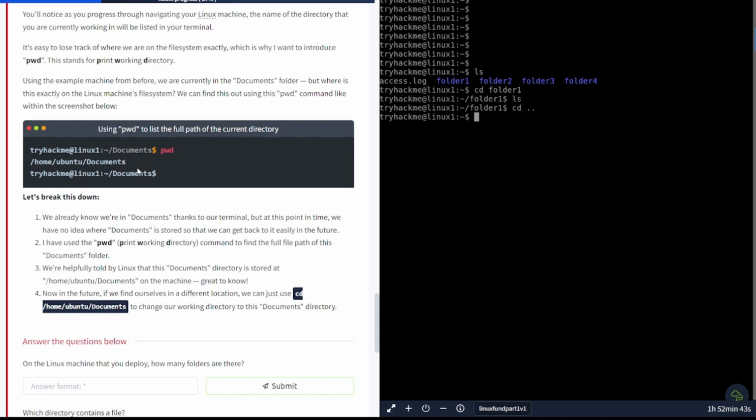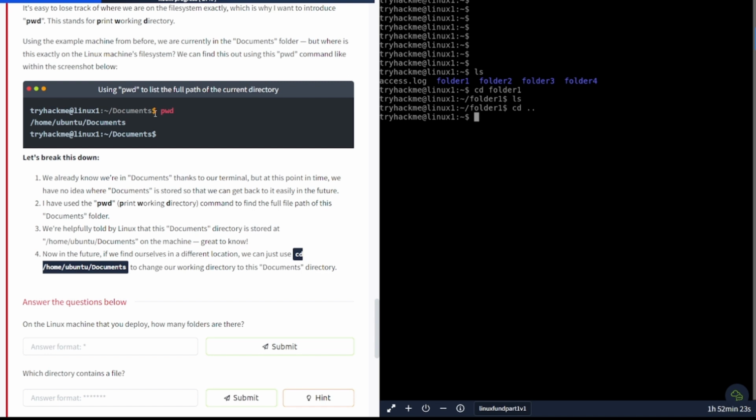Using the example machine from before, we are currently in the Documents folder, but where is this exactly on the Linux machine's file system? We can find this out using the pwd command, like within the screenshot below. And there you have it, pwd, and the path listed out here. Let's break this down. One, we already know we're in Documents thanks to our terminal, but at this point in time, we have no idea where Documents is stored